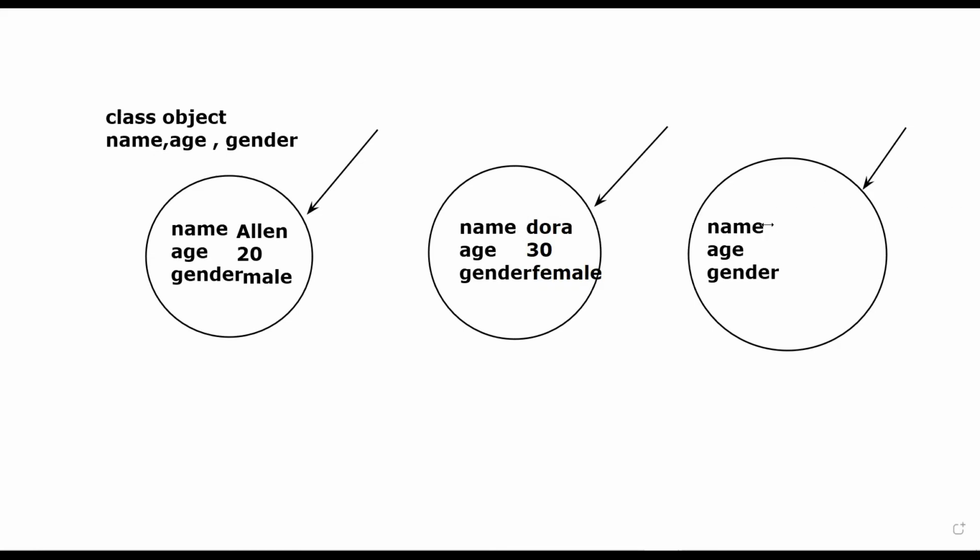In this, I can write name is, let's say, Rahul, age is 32, gender is male. So, by using the same base properties, I created 3 different objects, 3 different memory areas where I'm giving values according to my